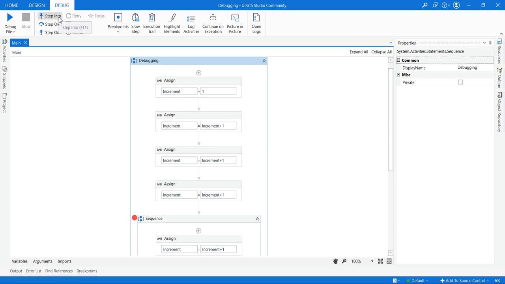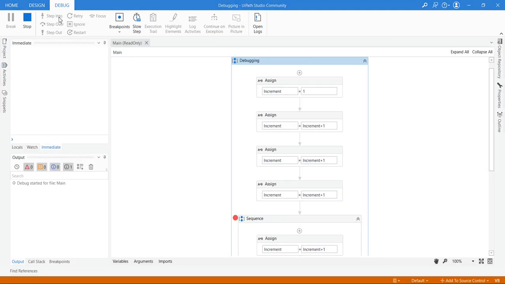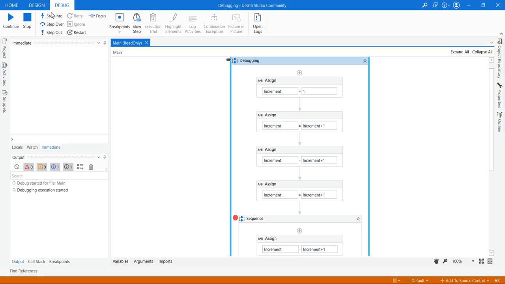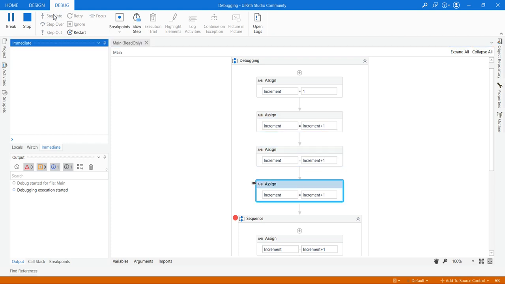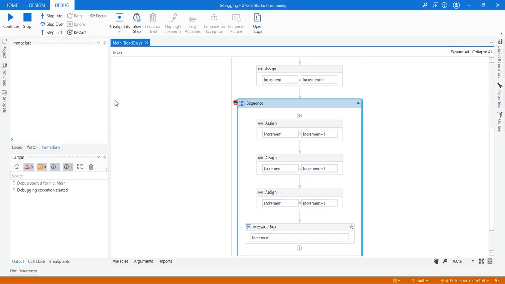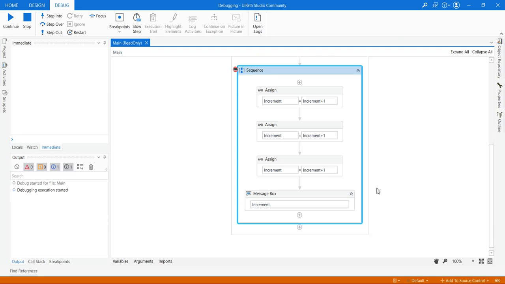I'm clicking on step into now. You can observe that whenever I click on step into, it goes to each and every activity which I have written, and then highlights the main sequence as well.